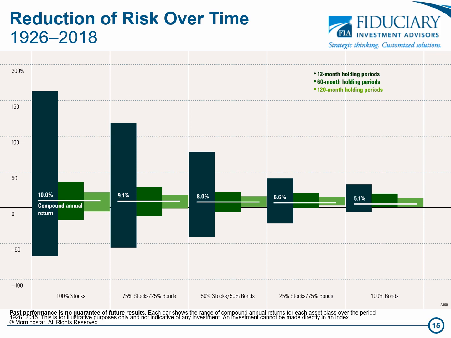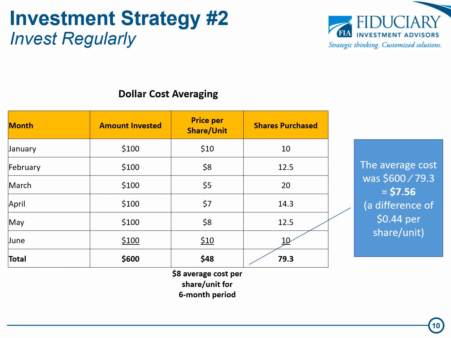For example, someone who invested 50% in stocks and 50% in bonds in their portfolio since 1926 saw a yearly return anywhere from down 43% to up 74%. However, if that same investor held that portfolio for 10 or more years, they never had a 10-year period where their investment lost money. The second key investment strategy is dollar cost averaging.